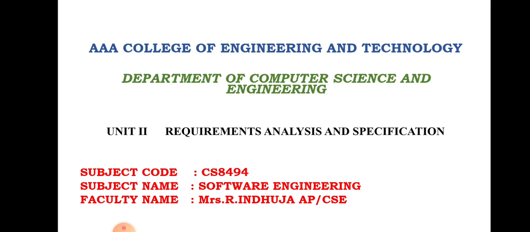I'm going to give a summary of the second unit. Unit 2 title is Requirement Analysis and Specification. From this term, we have to analyze the requirements. Requirements is nothing but the information or needs to be gathered from the customer or user, and we can specify how the requirements are to be used for a particular use.